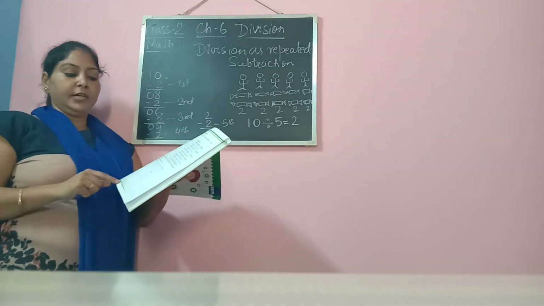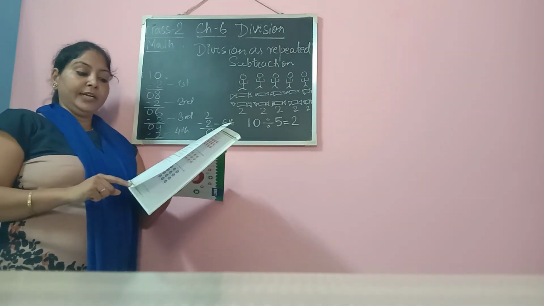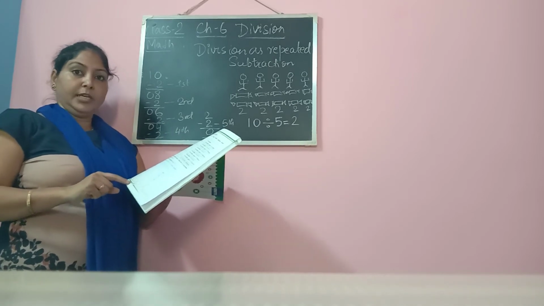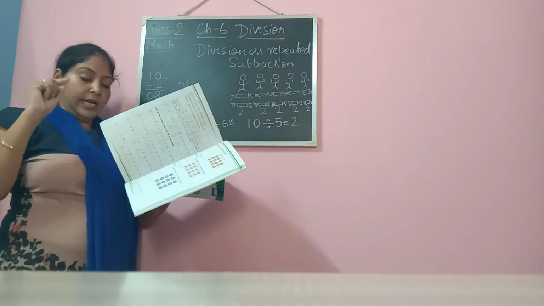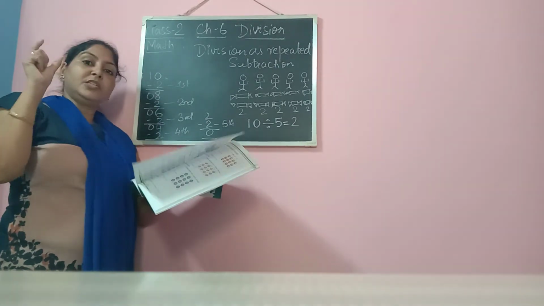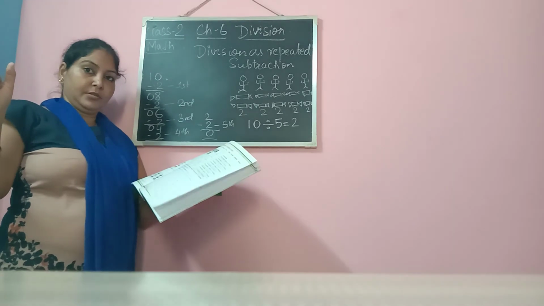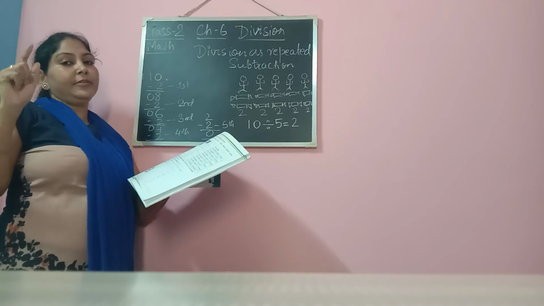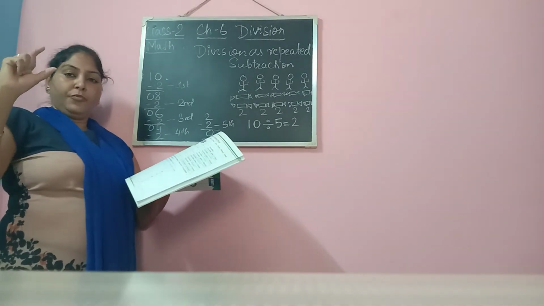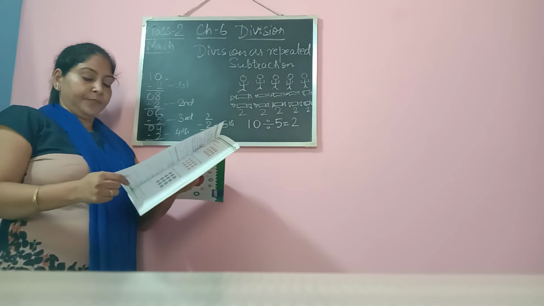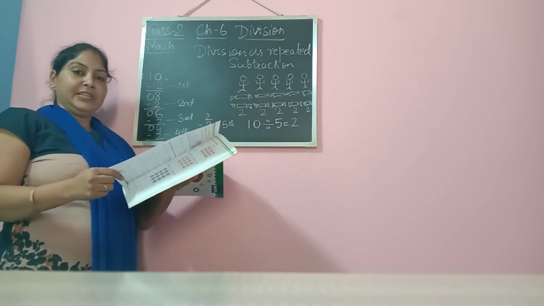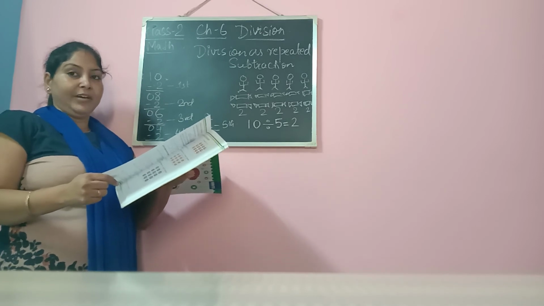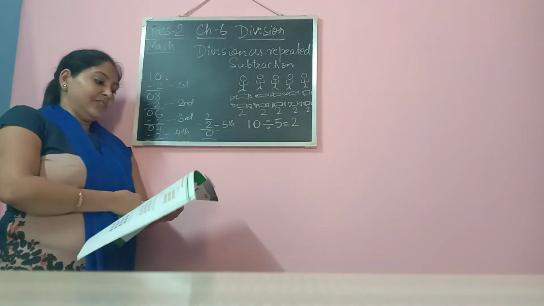So in the division form, how are you going to write? You will write 12 divided by 3. I want to correct that again. Here this 12 is divided among 3 students, and when 12 is divided among 3 students, each child is going to get 4. Then in the next one, 20 is divided among 5 students. So 20 divided by 5 is 4. The answer will be 4.